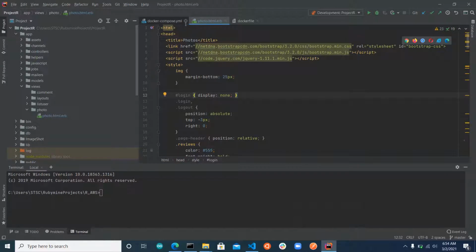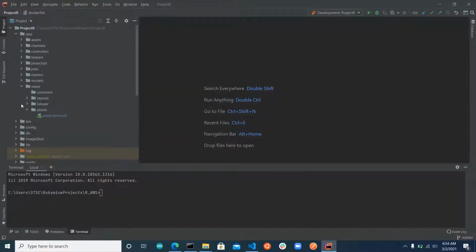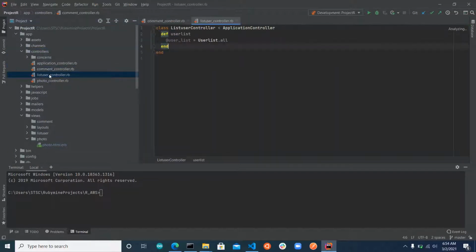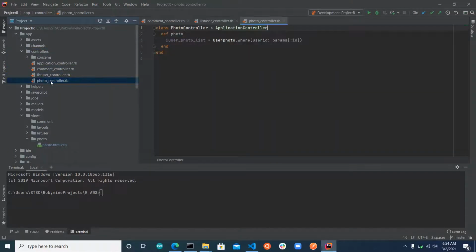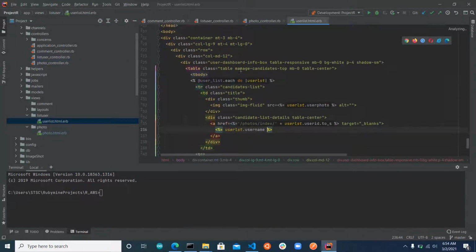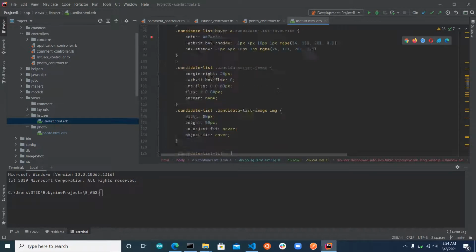Our project structure is like this. If I close all the things, in the controller, we have created three controllers. One for the comment, one for the list of users, and the other one is for the photo controller. And we have created two views, one for the list of users, which will be fetching all the list of users when the user tries to log in on the link